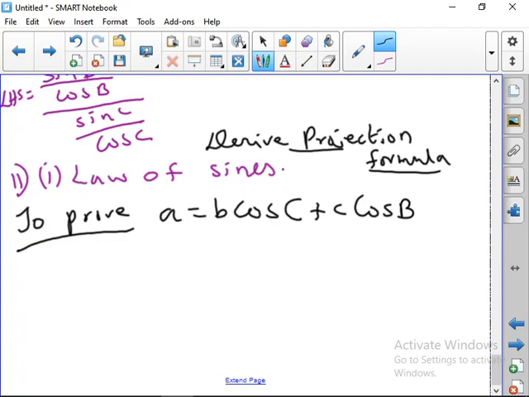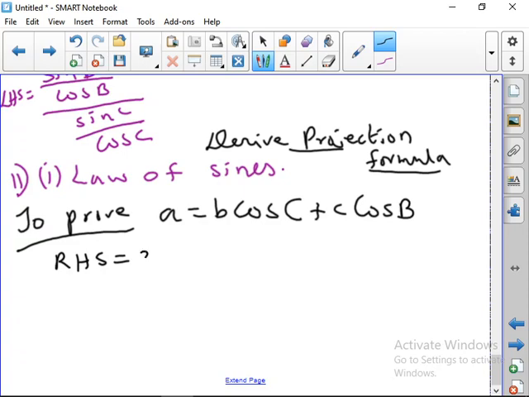How I have told you to remember, left hand side la a இருந்துச்சுனா right hand side la a வரவே வராது. Then small letter b இருந்துச்சுனா cos angle c ஆ இருக்கும். Okay, அது மாதிரி c இருந்துச்சுனா cos b. Now we have to prove this. Okay, இத prove பண்ணனும். எதை வச்சு prove பண்ணனும்? law of sine வச்சு prove பண்ணனும். So take the right hand side. அப்ப right hand side ல law of sine யூஸ் பண்ணுங்க.